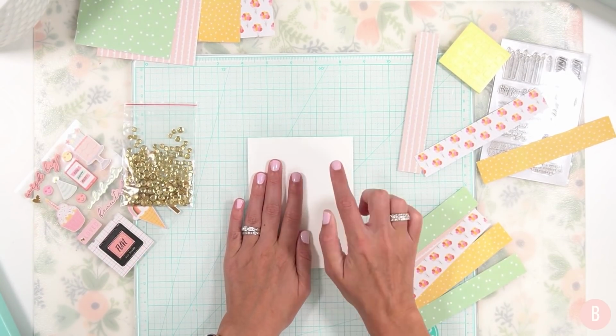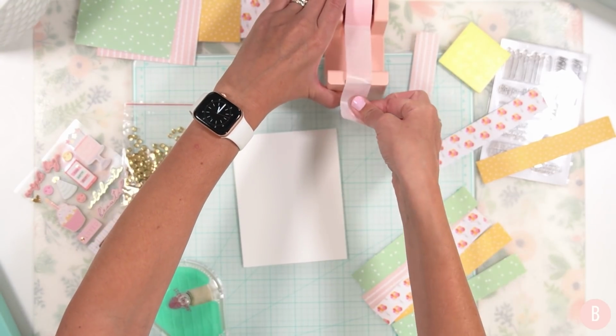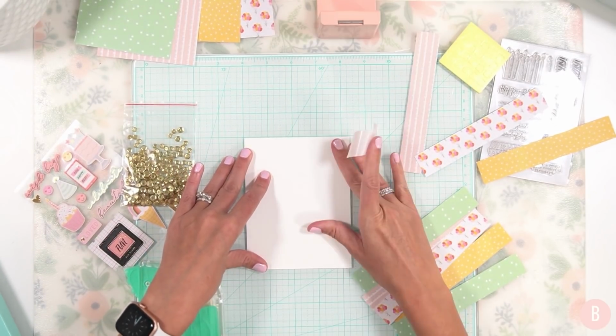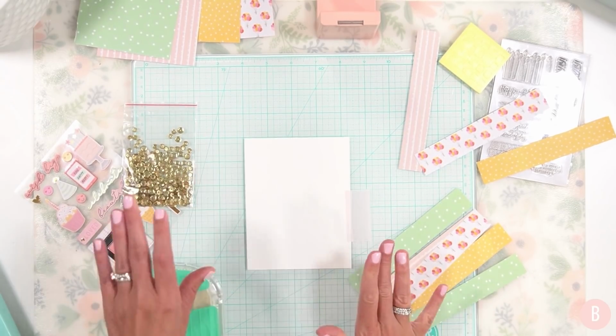Let me go ahead and grab, I think I'll just use a tape runner. And the cardstock that I pulled, you could use what came in the box. I just have some A2 panels pre-trimmed, so I'm just gonna use that. And I think it's 80 pound that I trimmed. I'm just gonna start putting a piece here just to keep it